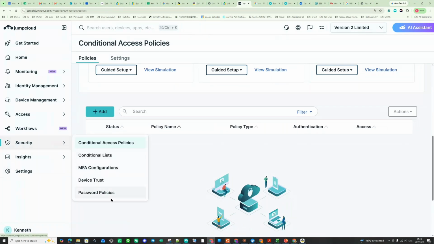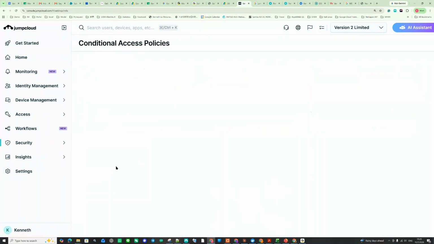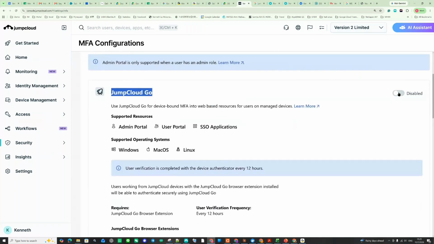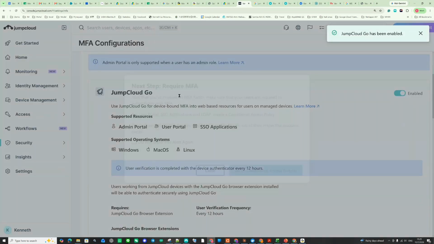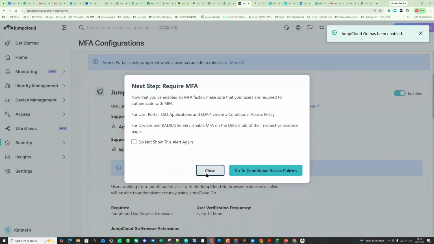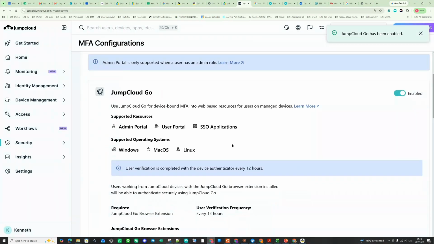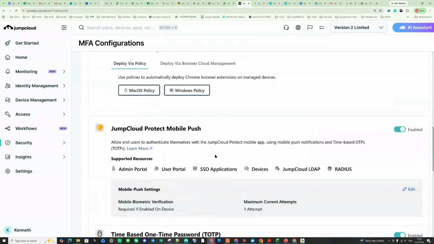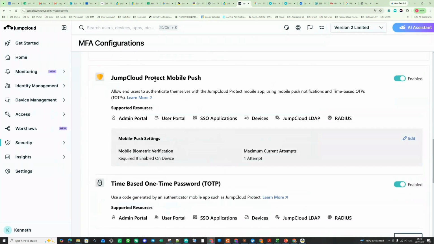There are others, like MFA configurations. You can enable users to use JumpCloud Go, which is an agent that lets your users log in, and you can use the browser extension, and you can enable push notifications on the mobile app.